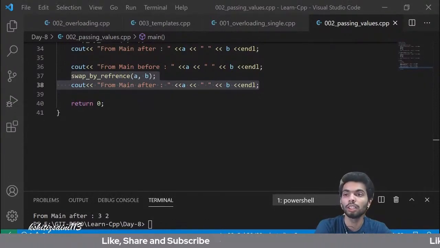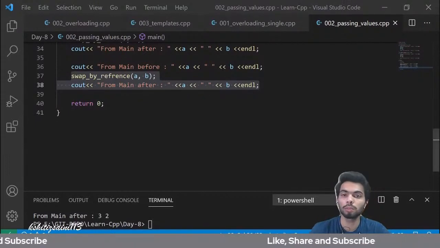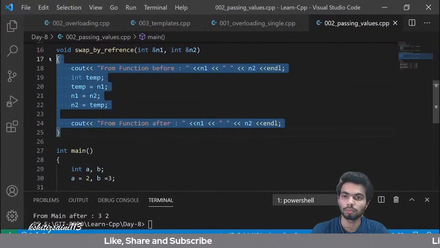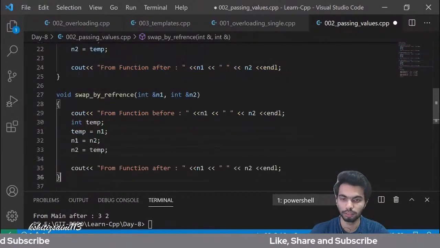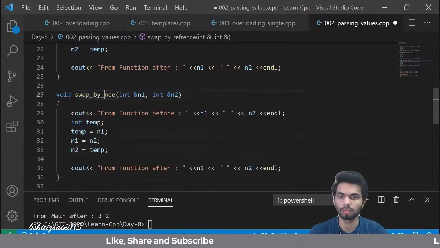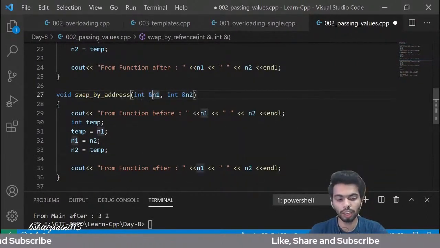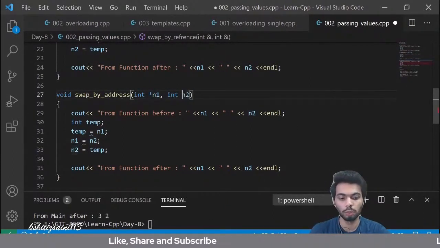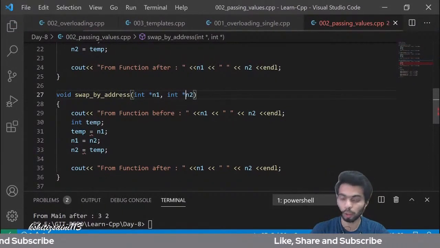हम इसको पास बाय पॉइंटर या पास बाय एड्रेस, वो भी बोलते हैं, पास बाय एड्रेस। This is pass by reference and there is something different, pass by address. पास बाय एड्रेस को भी देखते हैं हम। इसके अंदर हम क्या करेंगे, we will use pointers to access the data. तो पॉइंटर क्या होता है, पॉइंटर एक दूसरा डाटा टाइप होता है जो उसी मेमोरी लोकेशन पे पॉइंट करता है।